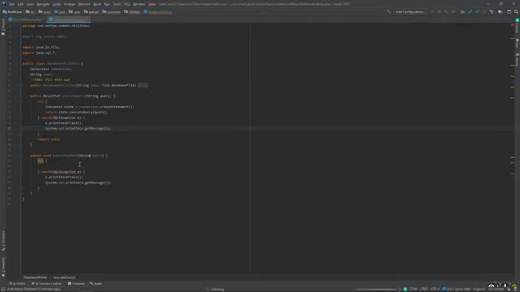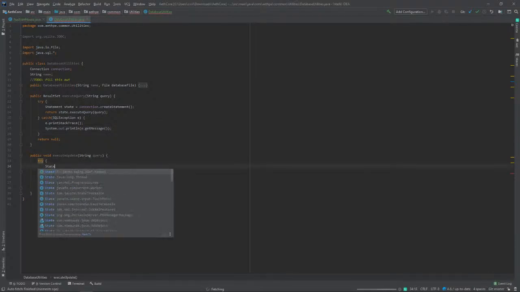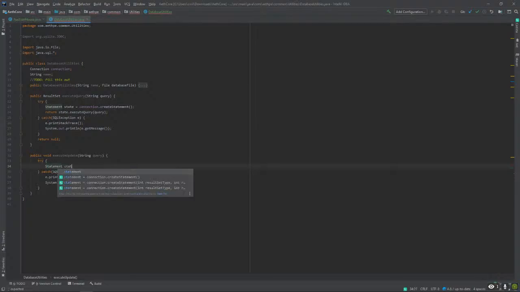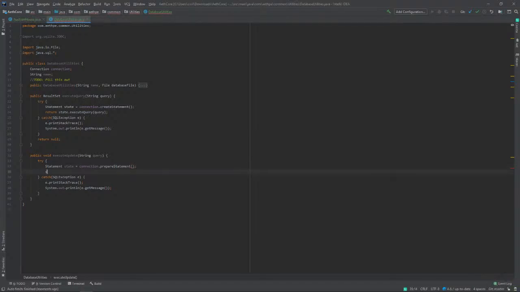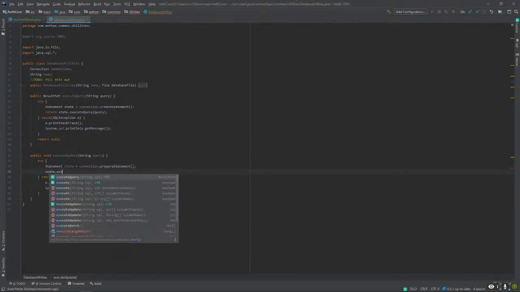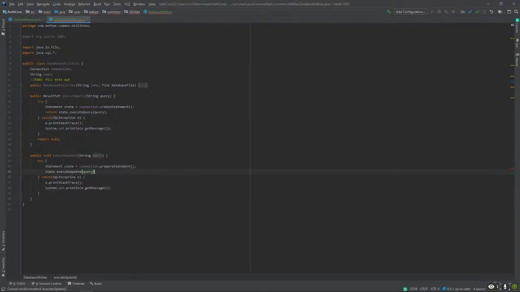Both of these. So here, state is equal to connection.create statement. State.execute update query. Should actually turn this into a boolean. So boolean, if it worked, then return true.